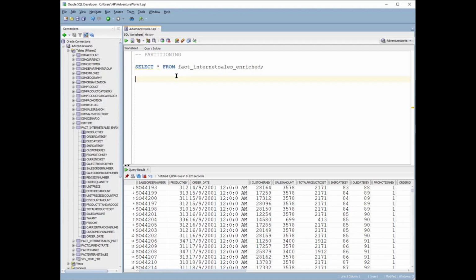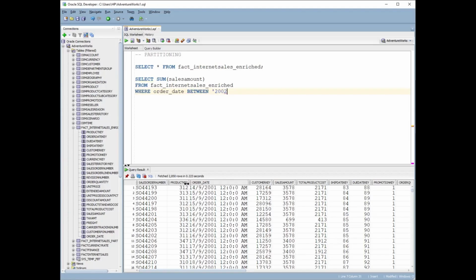So I'm using an aggregation function like sum. So let's say I want to select the sum for sales amounts. Let's just use sales amounts, for example, from this table. And then I'm going to give my order date a range to be between